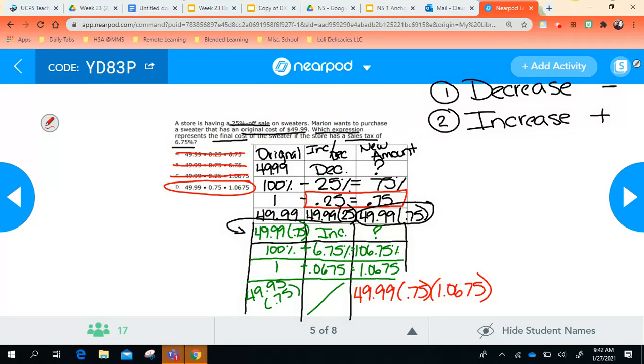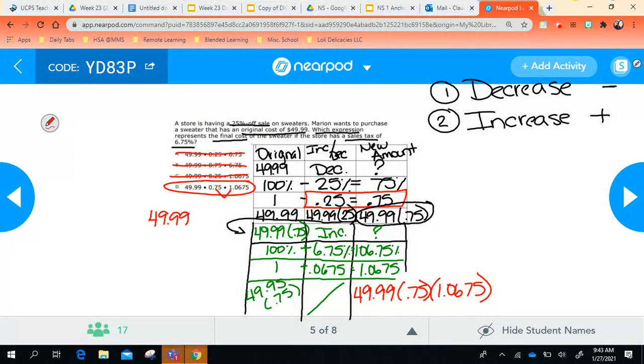Make sure you're checking. So remember yesterday we talked about how these can be written in lots of different ways. So this is one way. This is another way. A third way that this could be written is if I multiply these last two decimals together, and I would have